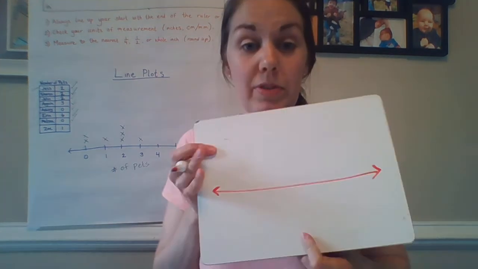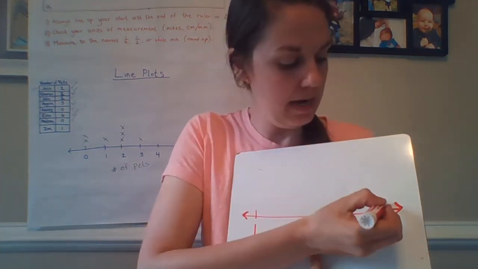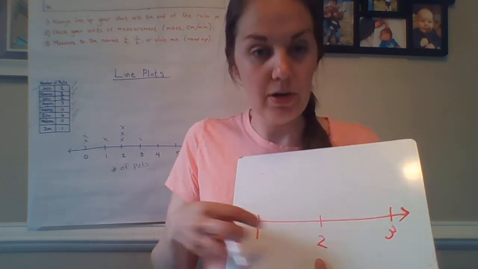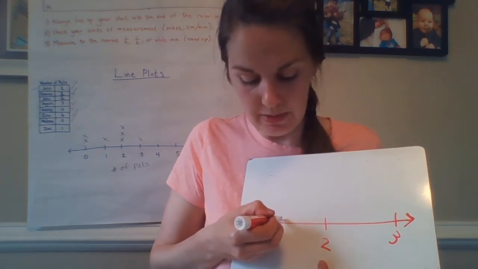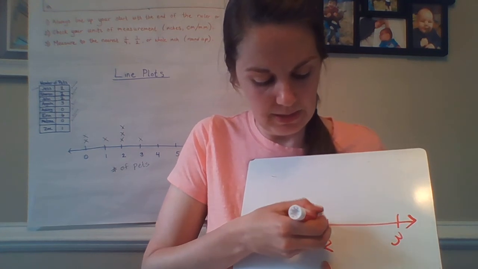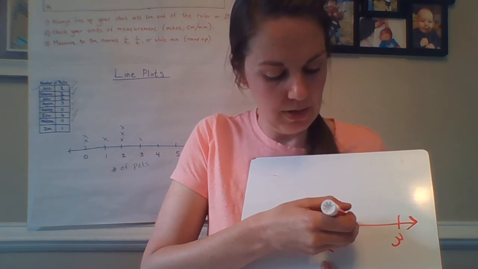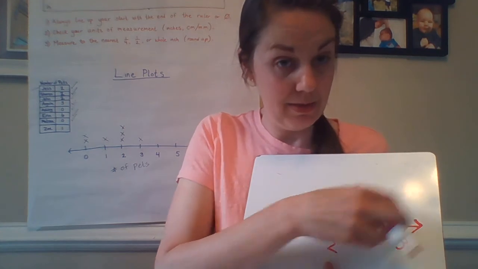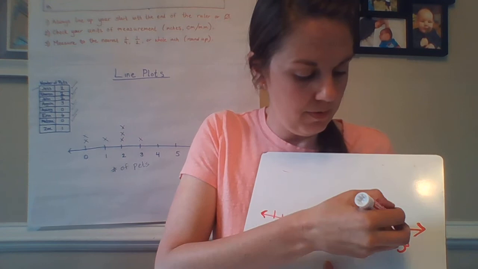Okay, so you're going to start at 1 and end at 3. You're going to mark all of your fractional pieces. So 1 and 1/8, 1 and 2/8, 1 and 3/8, 1 and 4/8, 1 and 5/8, 1 and 6/8, 1 and 7/8, and then 2, 2 and 1/8, 2 and 2/8, 2 and 3/8, 2 and 4/8, 2 and 5/8, 2 and 6/8, 2 and 7/8, and then 2 and 8/8, which would be 3. Let me move that over so it's a little bit